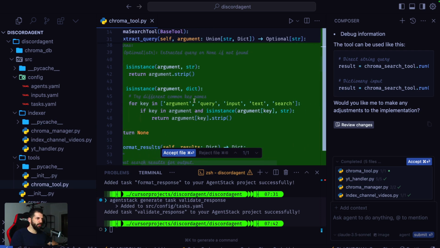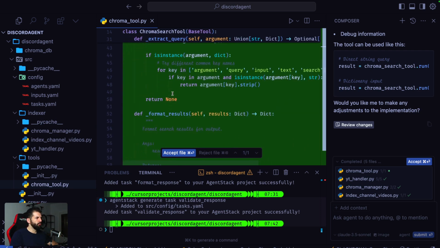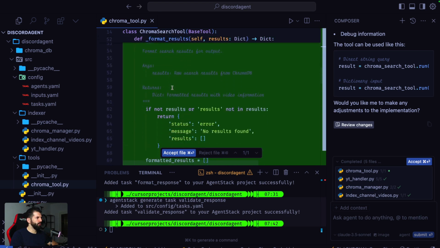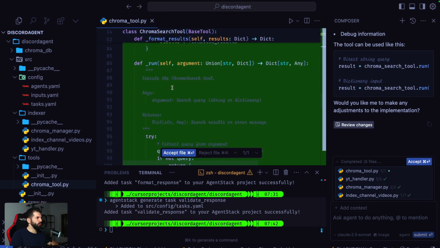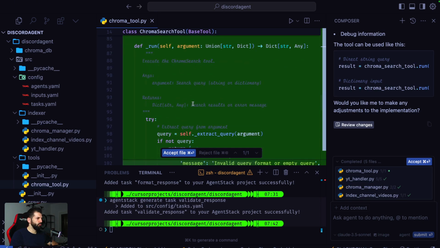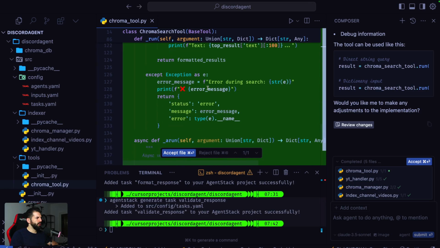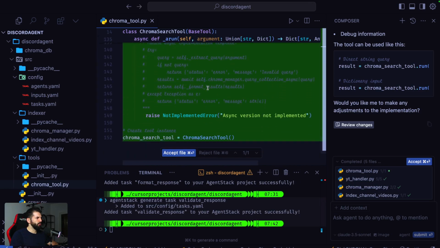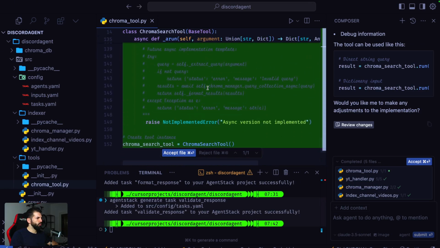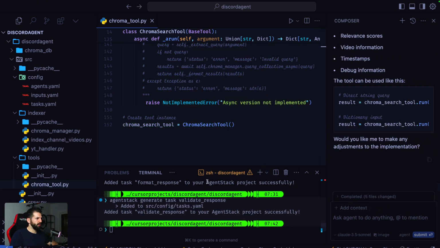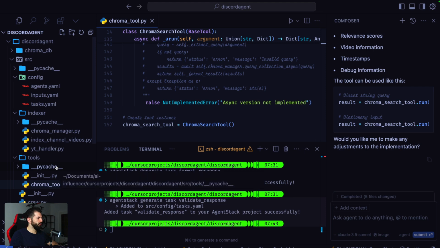This will make sense in a bit because we won't be able to run this probably because we get some errors, but I will walk you through it. So we have format results, and we also have the run function, which essentially runs this search tool, if that makes sense. So let's see. This looks good to me, except for one small thing, but we'll see about that once we try to run this tool. So let's do accept,